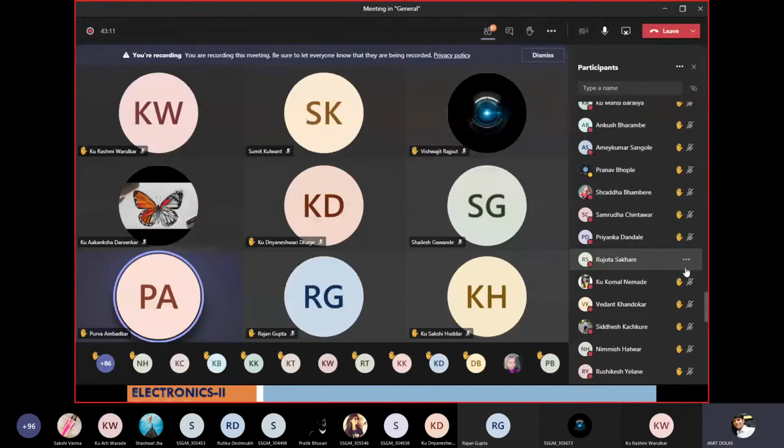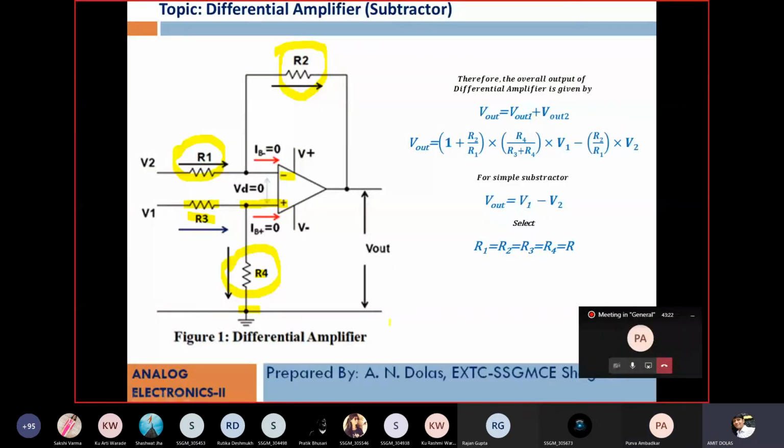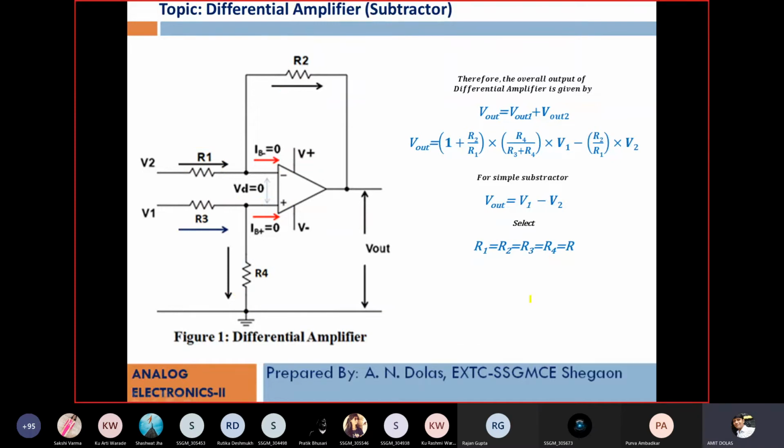Do you have the answer? Sir, can you show the circuit? Yes, sure, I'll show the diagram to you. This is the schematic. We have plus V, minus V, and these are the resistances. We have connected R2 in the same fashion, R1, R3, R4. All voltages are given properly and we got output if V1 is greater than V2, but we have not obtained output if V1 is less than V2.